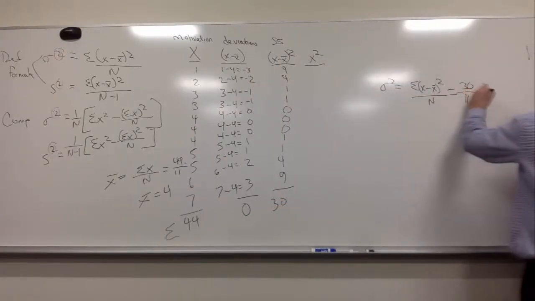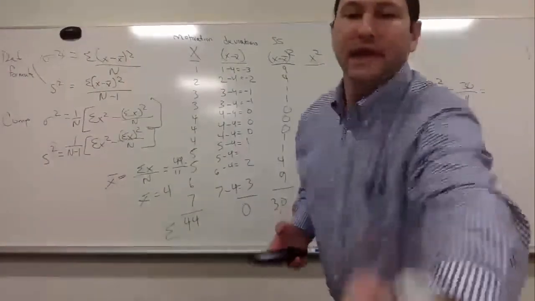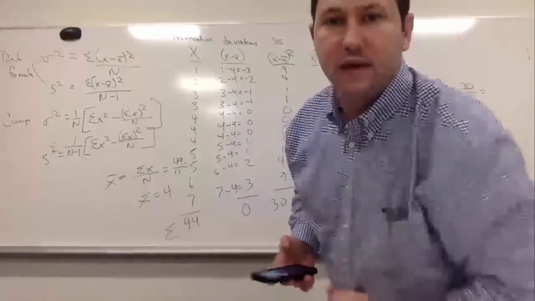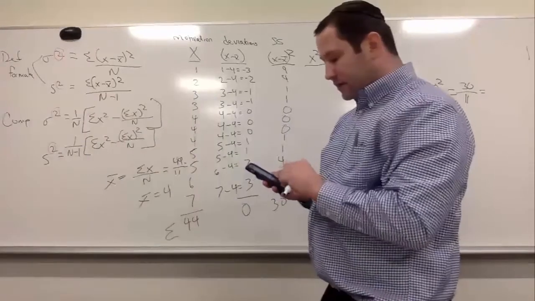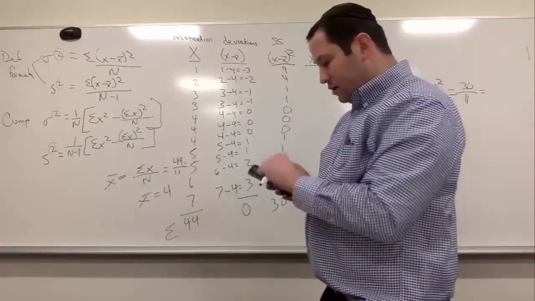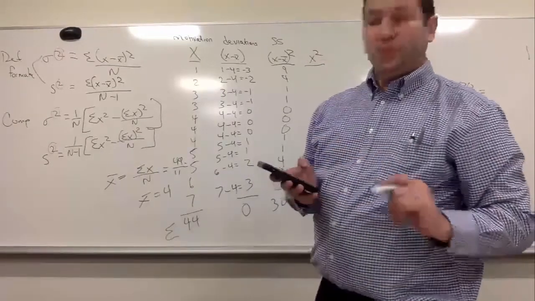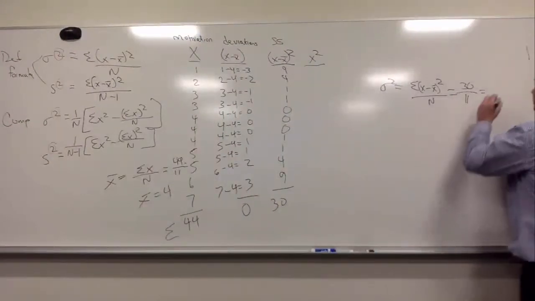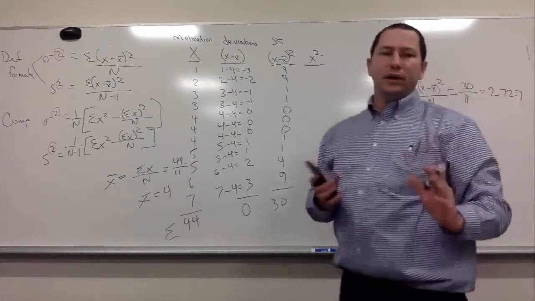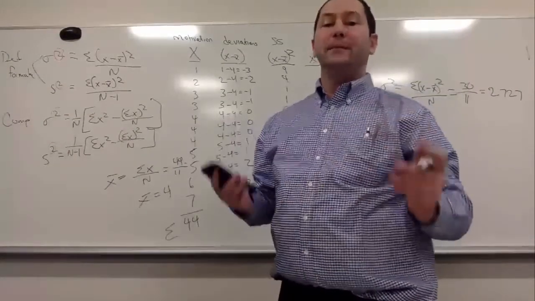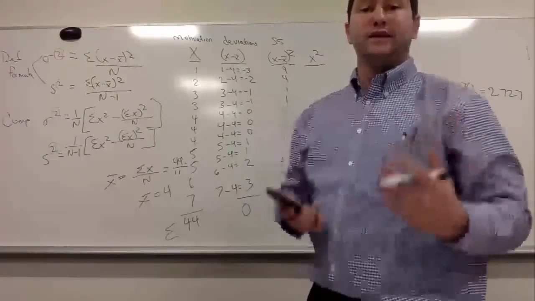So if we were looking at a population variance, sorry, I don't know why this is doing that. If we were to look at a population variance, we would calculate it as follows. We would say 30 divided by 11 equals 2.727. Now, one of the things we said about sample variances, our sample variances are a little bit more conservative,